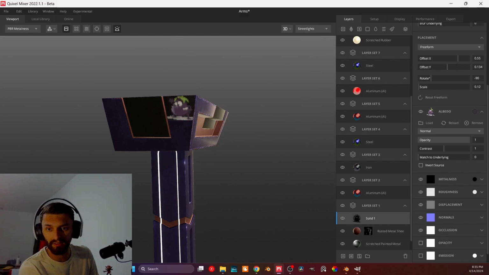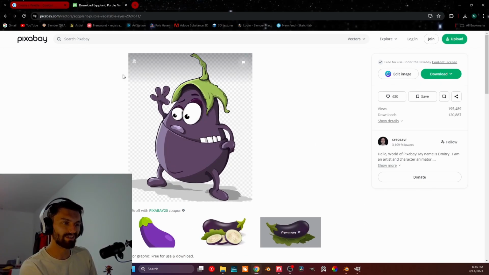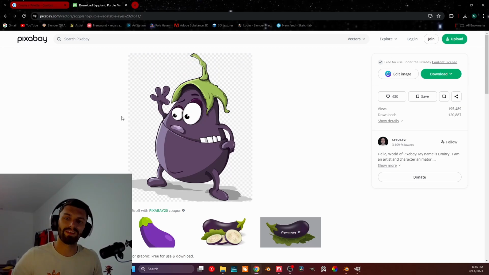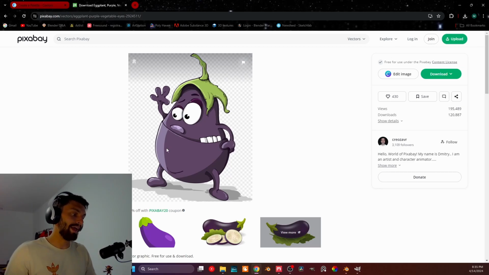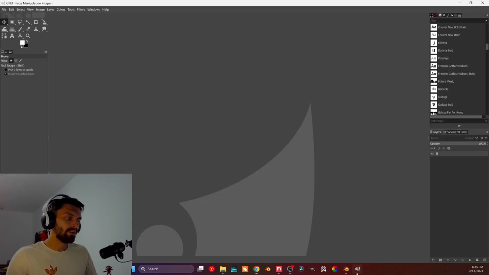And why is that? Because our picture is actually a PNG. As you can look at it, it has a transparent background. However, Quixel Mixer doesn't understand that. So it still takes it as if it's a black background and it's going to show it as a black background. So what you gotta do is create an opacity mask, which is pretty easy to create